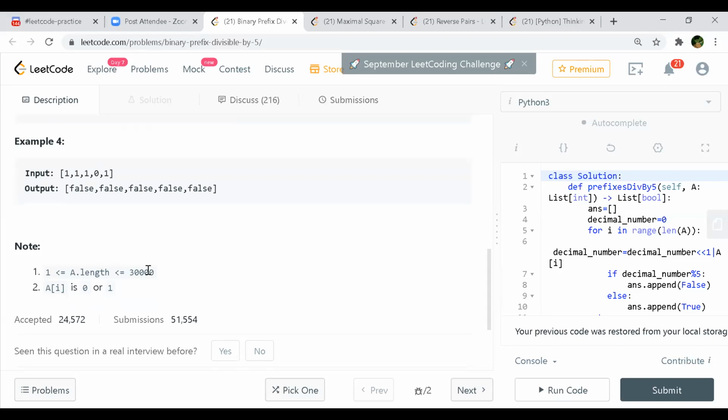But how should we solve it if we consider it that way? We generally divide, multiply by 2, but if I have a length of 30,000 and convert that to decimal, that shouldn't work, right? Yeah, that number would be 2 to the power 31, right? Something like that. So you're asking how do we store that number?